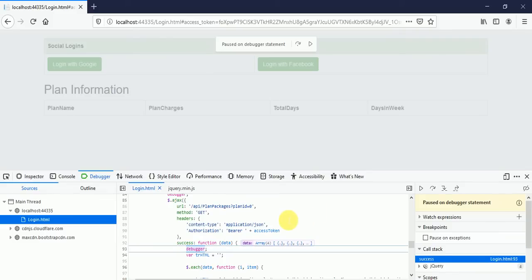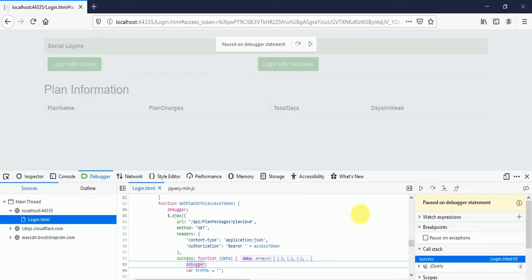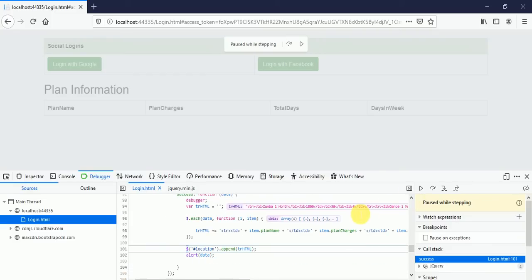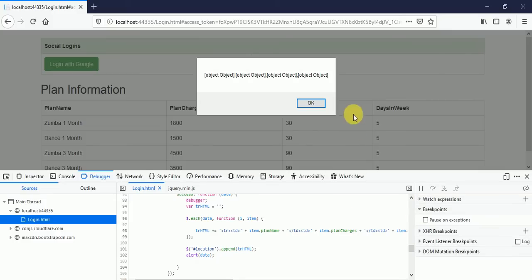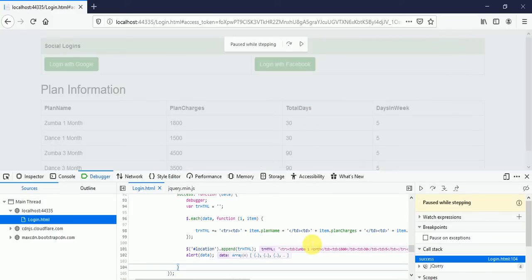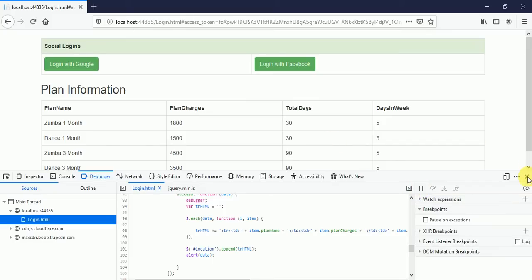And here finally we got the token, and using the token we also got the data here.